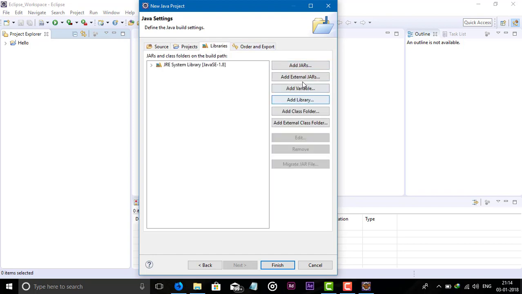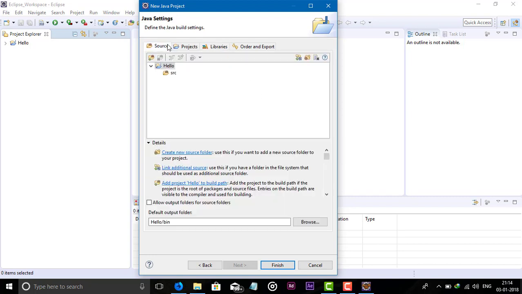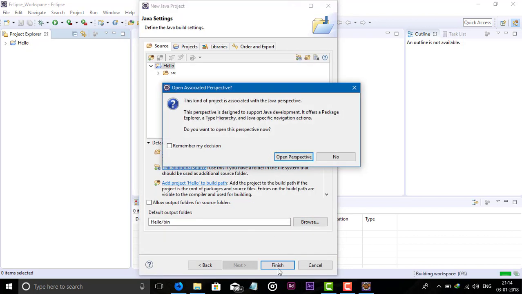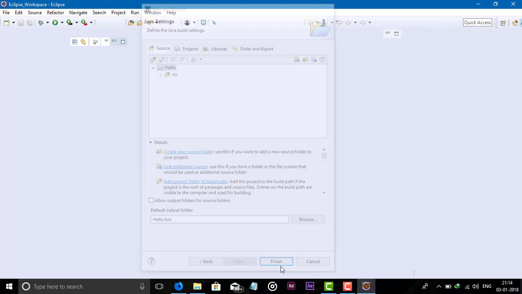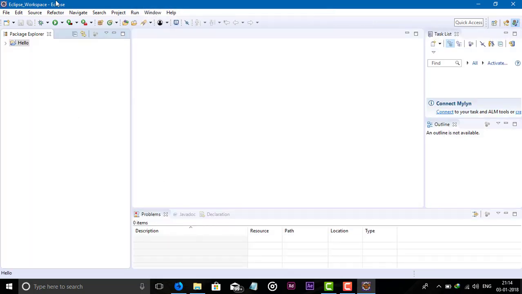Also we can add external libraries like JFoenix, ControlsFX or MySQL connector. This way we can add them, and just finish. So the project is created now.